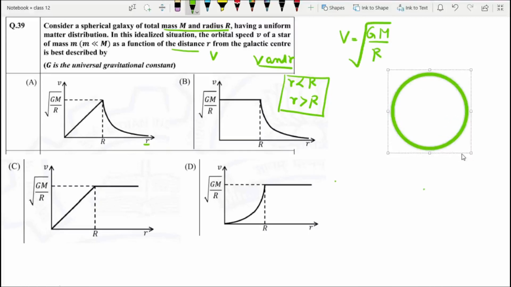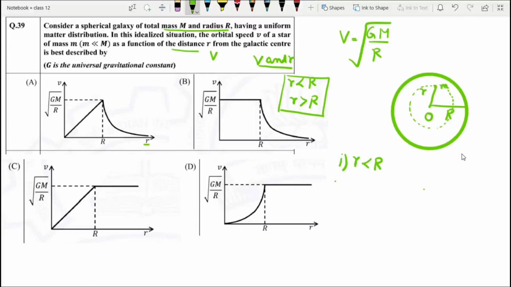Consider this as a galaxy, and let O be the galactic center and the radius of the galaxy is capital R. We will first consider the first case when r is less than capital R. The star is inside the galaxy. Let this be the position r of the star, and the mass of the star is given by small m. Only this much mass of the galaxy